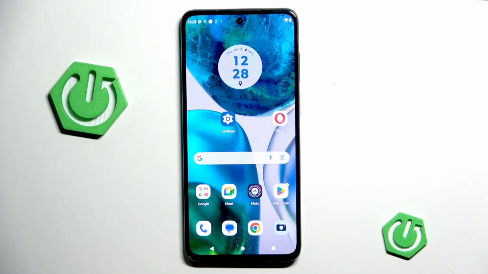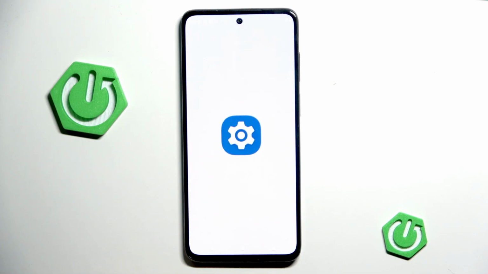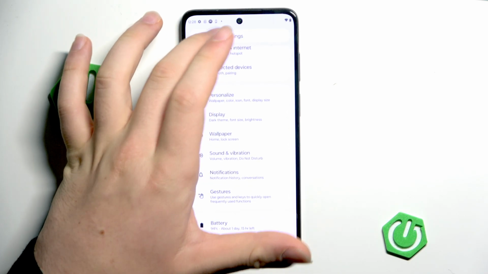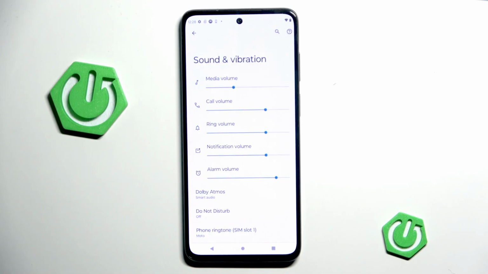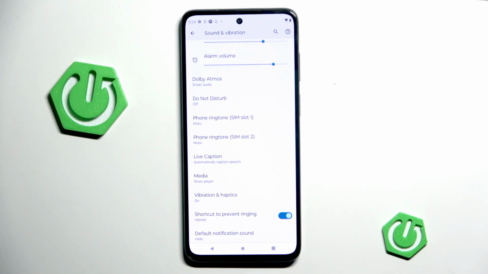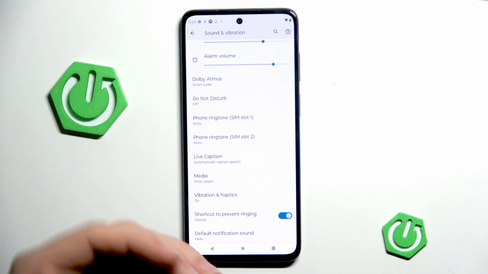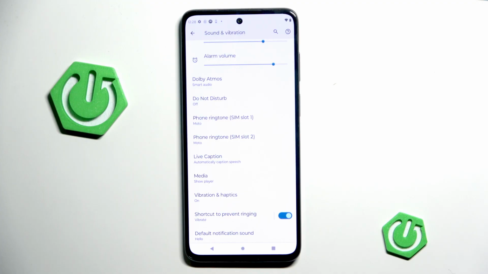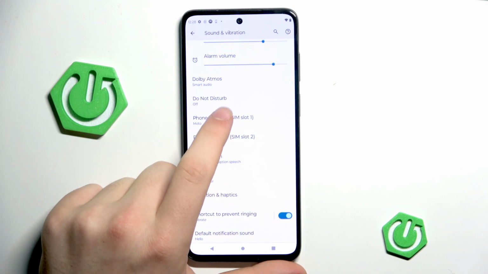Okay, so all we need to do is go to settings, then scroll down a little bit to sounds and vibration, scroll down. As you can see, we have phone ringtone SIM slot 1 and 2. Because this phone can hold two SIM cards at the same time, we'll just change SIM slot